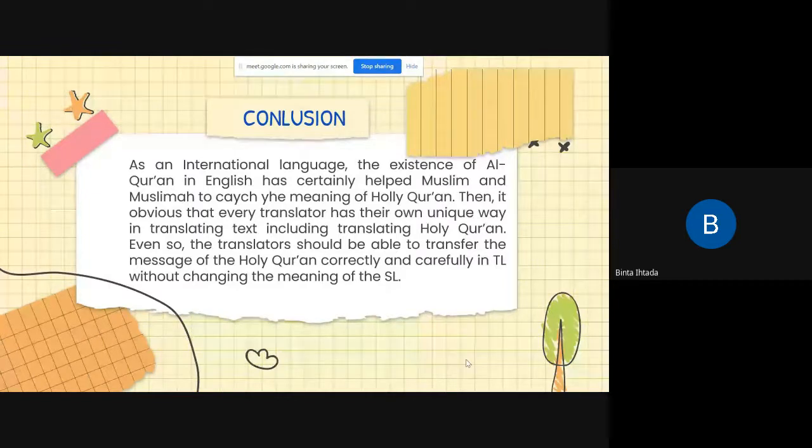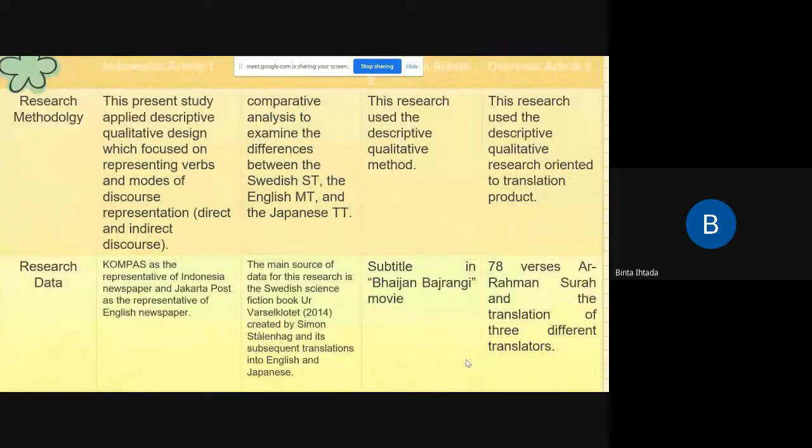Okay, maybe that's all my explanation about two articles, the Indonesian and overseas versions. And now we come to the conclusion from the fourth article. The research methodology. In Indonesian Article 1, this article presents a study applying a descriptive qualitative design which focuses on the representing verbs and moods of discourse representation, direct and indirect discourse. And in overseas article 1, they use comparative analysis to examine the differences between the Swedish source text